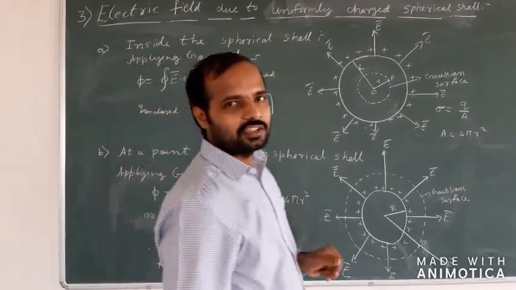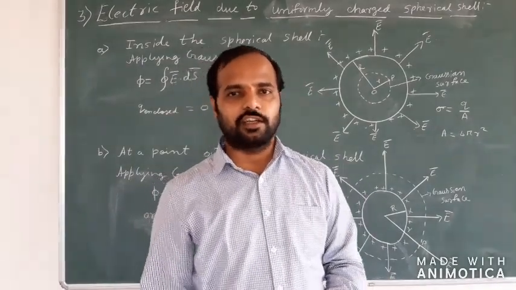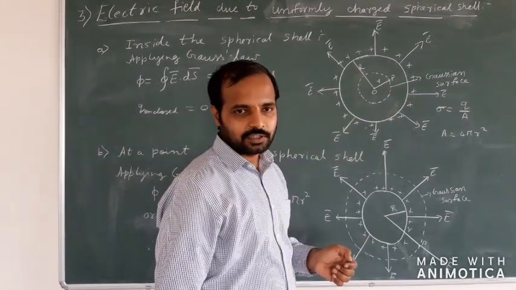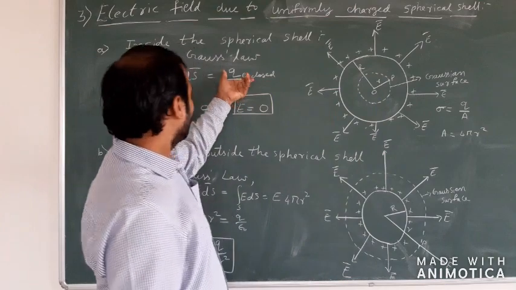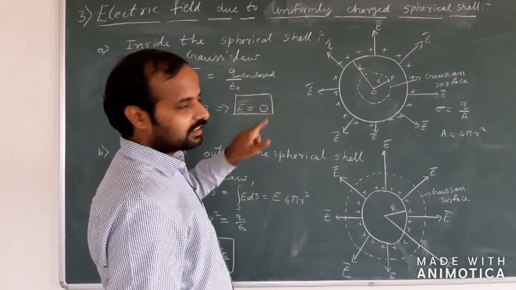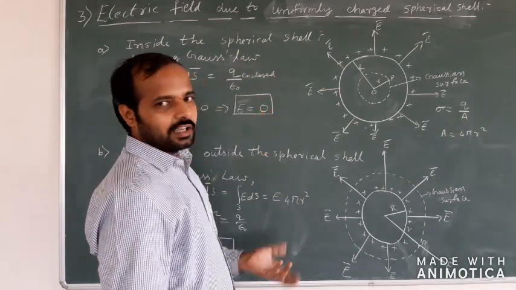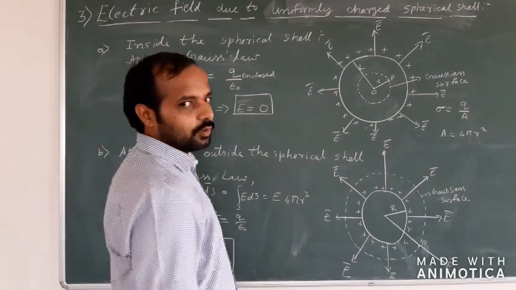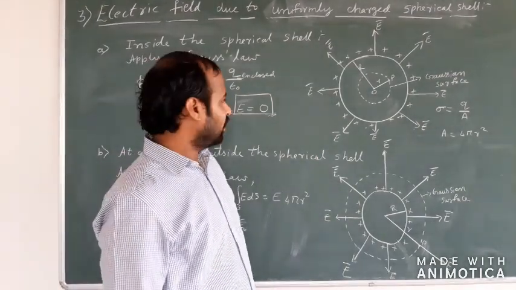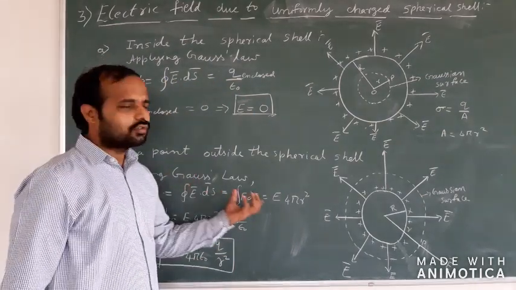Here q enclosed means the charge which is inside the enclosure that we are looking at, which means here, since there are no charges enclosed inside the sphere, obviously the q enclosed will be equal to 0, in which case if I find out what is EDS will be E into 4 pi r square. So here 0 divided by anything will be 0, which means E will become equal to 0. The reason is because there are no charges inside the sphere. Now let's go to the next case, that is the point outside the spherical shell.